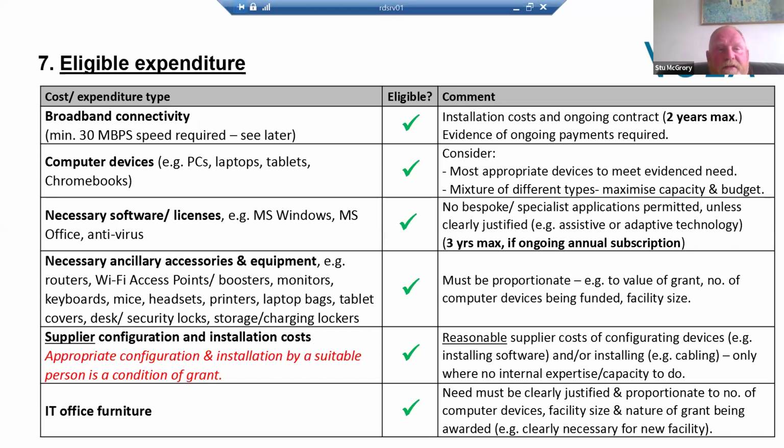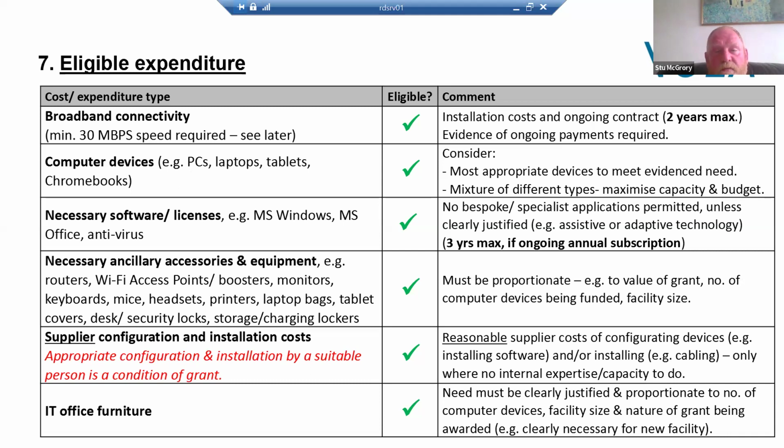So what you can spend the grant on: the fundamental driver of this funding is about improving internet connectivity for community organisations. So we can pay for broadband. If there are setup costs, that's fine, though often there aren't. And we can pay up to 2 years of the contract costs of your broadband line. We can pay for computers,